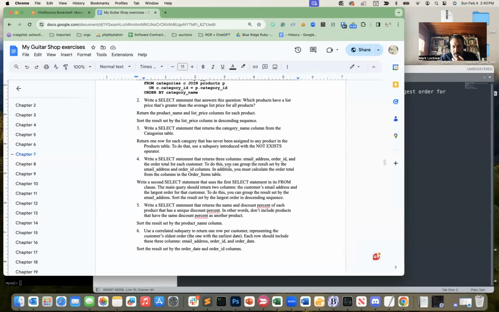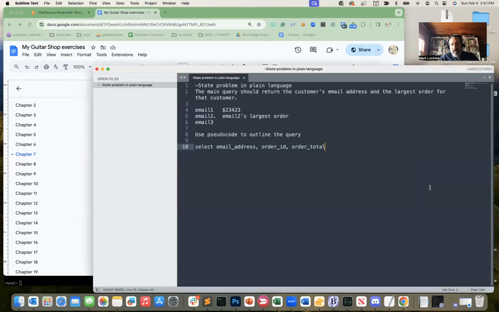And then it says write a second select statement that uses the first select statement in its from clause. The main query should return 2 columns in this case, and again, this is our final result we talked about: the customer's email address and the largest order for that customer. To do this, you can group the result set by email address, and then it says also sort by the largest order. So in this case, this select statement is going to look something like select,